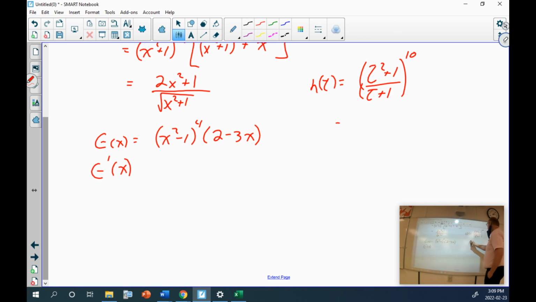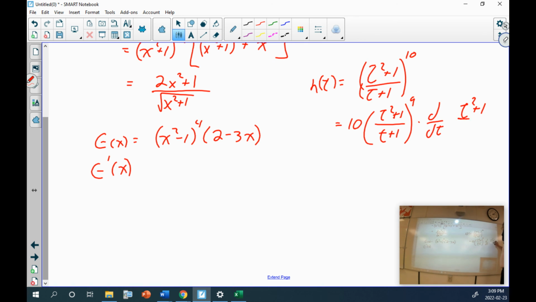So I've got 10 t squared plus 1 over t plus 1 all to the 9th times the derivative of this, which is going to be t plus, okay, times the derivative of that